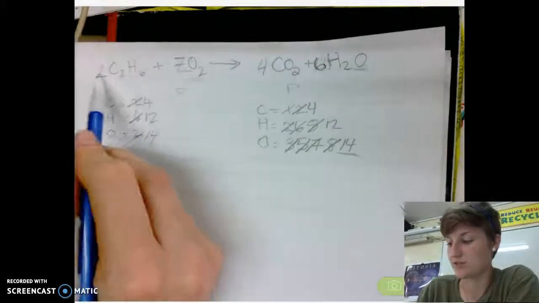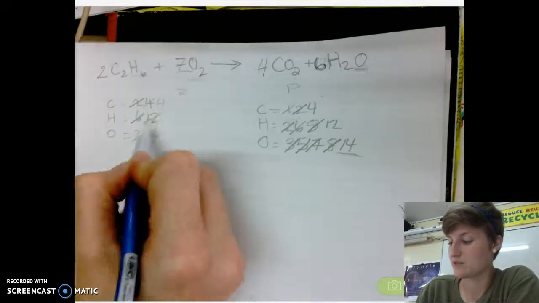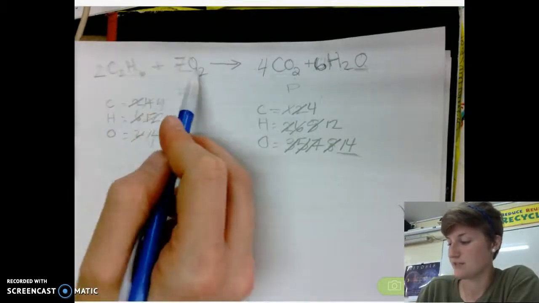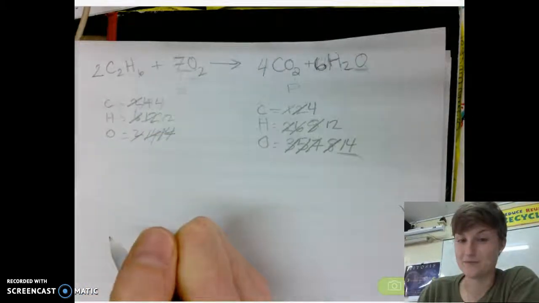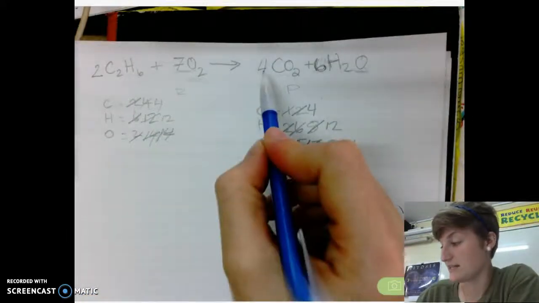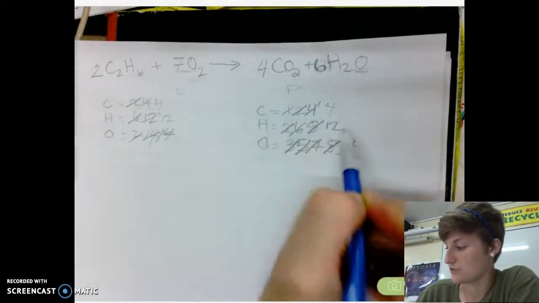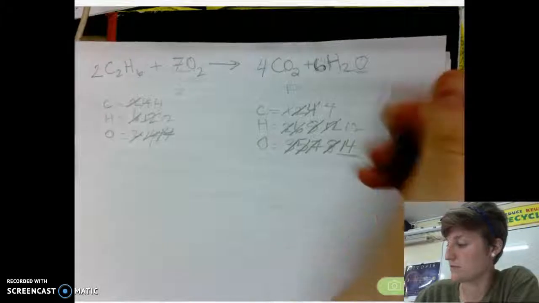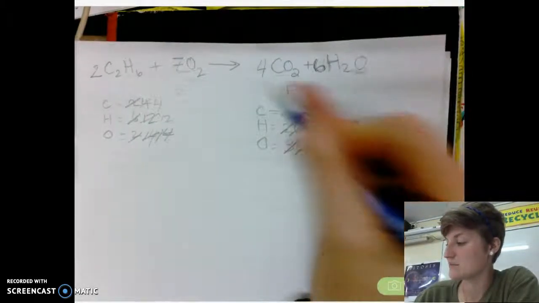So let's double check. 2 times 2, 4. 2 times 6, 12, and 7 times 2 is 14. Let's check the other side. 4 times 1, 4. 6 times 2, 12. Wow, that's a bad 12. 12. And then you have 6 plus 8,